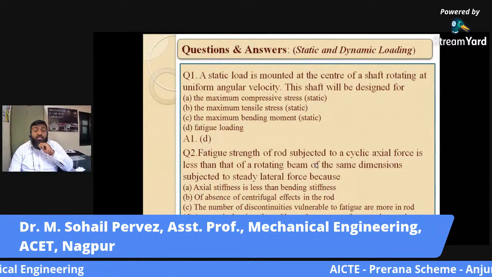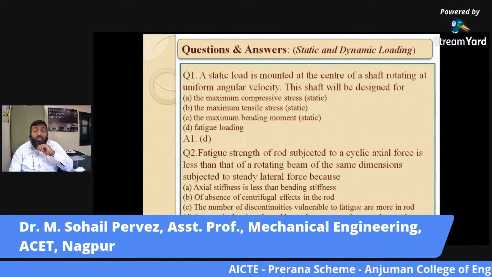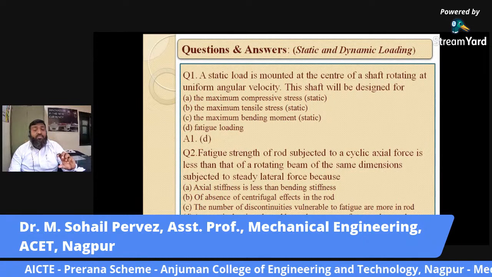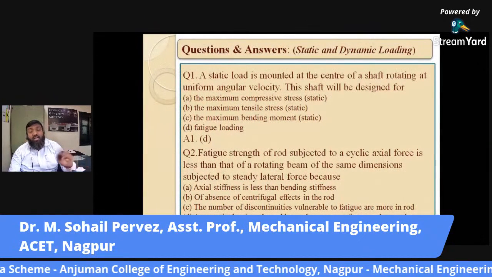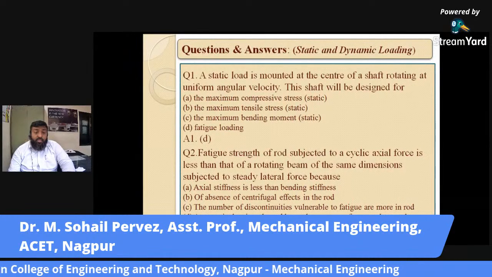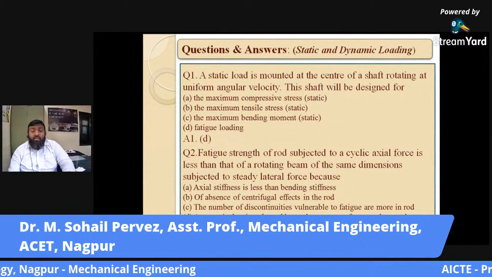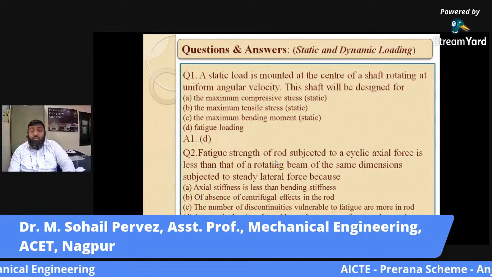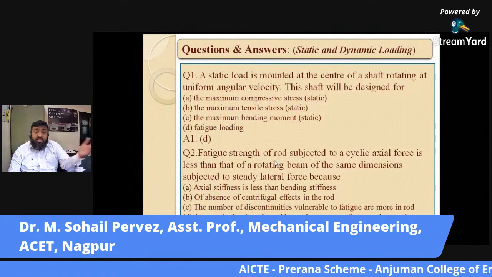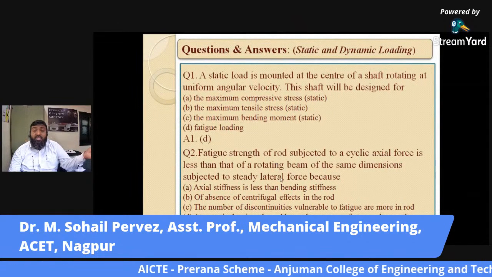Dhyan dijiye, please concentrate on this issue. And D, at a particular time, the rod has only one type of stress, whereas the beam has both tensile and compressive. Even though D looks like a very close answer to this particular issue, but in detail, if you go for fatigue strength,